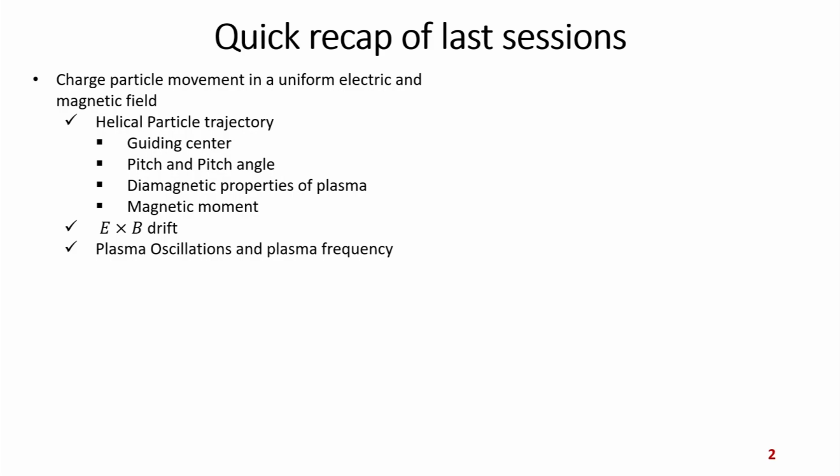Whenever the particle gyrates because of the effect of the magnetic field, the moving charged particle creates a current in a direction which produces a magnetic field that opposes the external magnetic field. So, this is called diamagnetism. So, you have seen that plasma is basically a diamagnetic medium. Then we have seen the magnetic moment. Magnetic moment means when you multiply the current with the area,